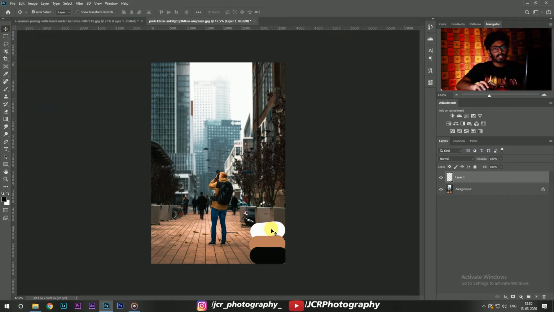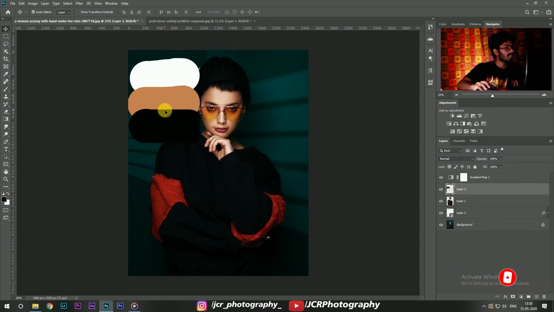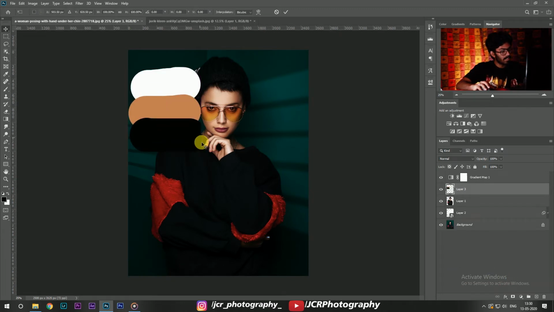And yes, we have got the highlights, midtones and shadows, and then we are going to take this and place it on this image and reduce its size by clicking Ctrl T.